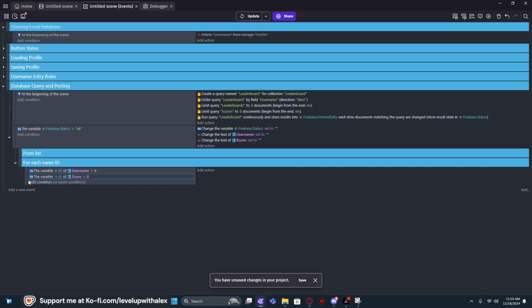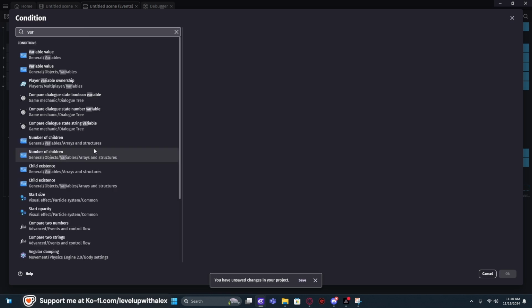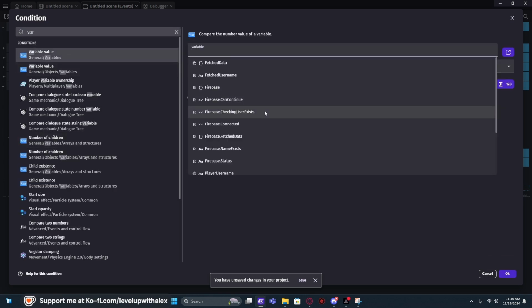And if that is true, we're going to tab down just to organize it. We're going to check to make sure that the username isn't blank, that there wasn't an error in the database, essentially, or it doesn't return 0. So we're going to check the condition, and here we're going to test the scene variable that we created. So go to variable, go back down to fetched data,